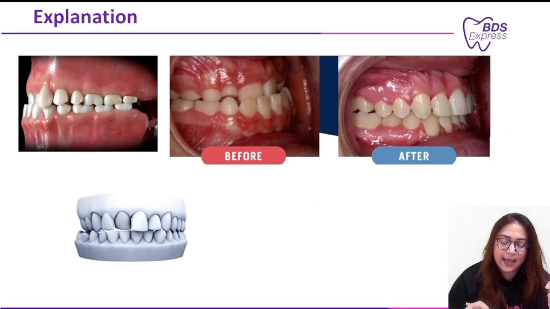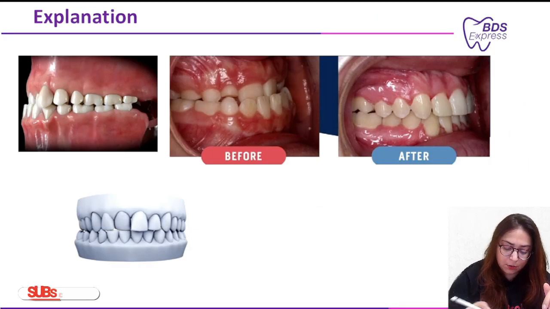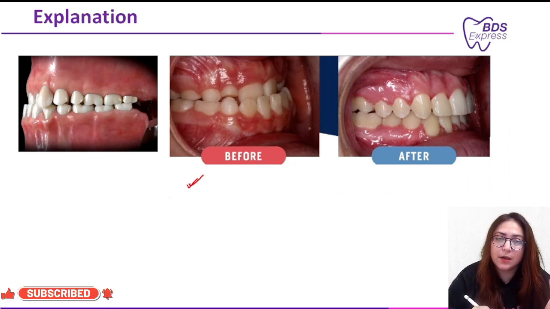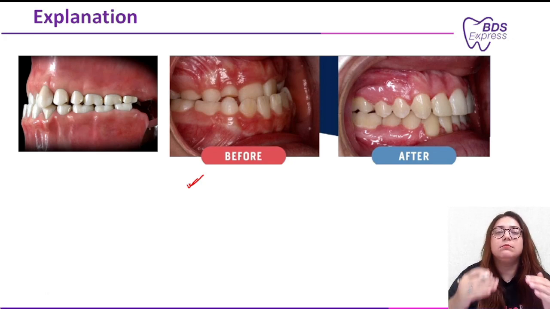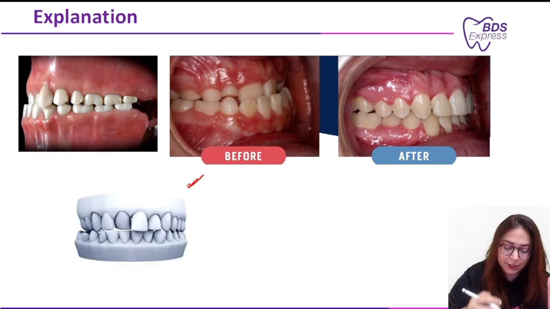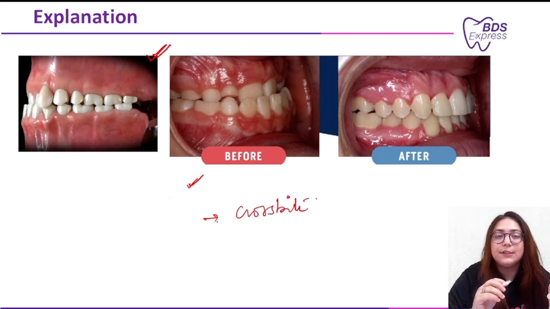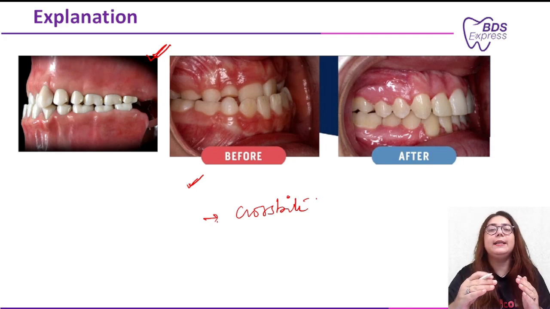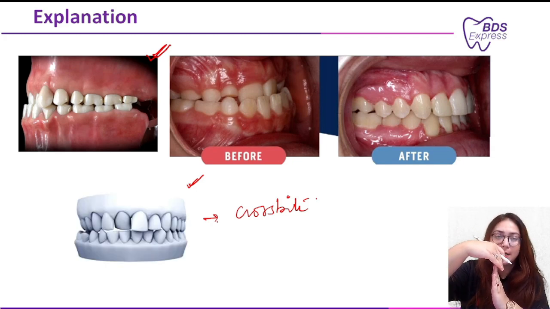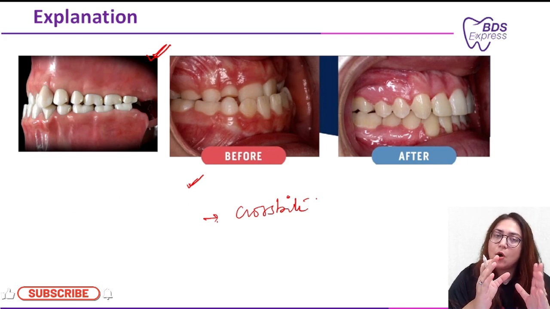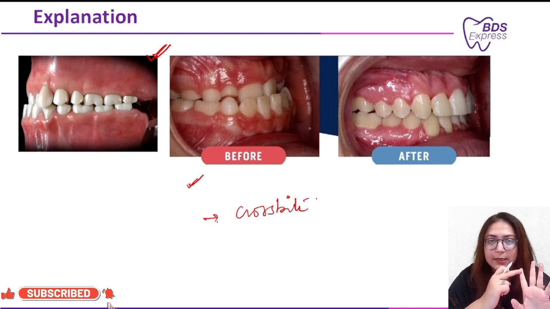Now let's see what exactly is crossbite. So concentrate on this last image first. Here you can see a small video where the tooth is coming forward. Initially, right now it is in the crossbite state. Now when we see it from the lateral view, this is the lateral view. Ideally, maxillary teeth overlap the mandibular teeth, but when it's the opposite of that, then it is known as crossbite. It can involve all the anteriors, or it could just specifically involve one anterior.